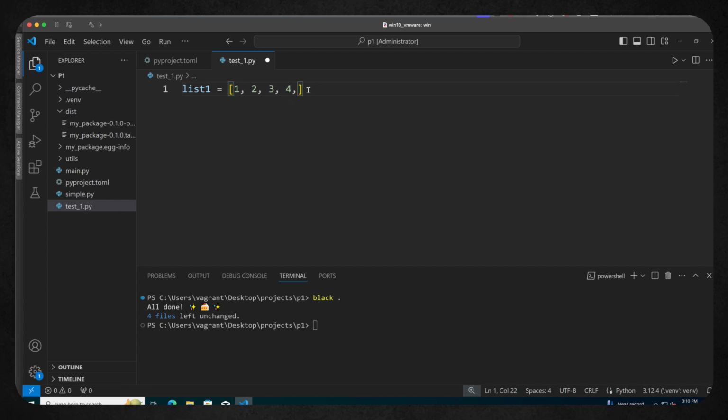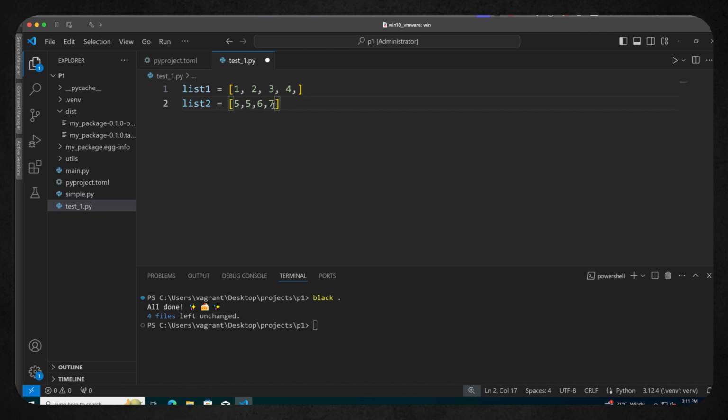This is our magic trailing comma. And so long as we're not skipping this, we're telling black that it could format this list over multiple lines. Whereas maybe list2, even though it could well be very similar, maybe we don't want over multiple lines. So we can have 4, 5, 6, 7. That doesn't matter.